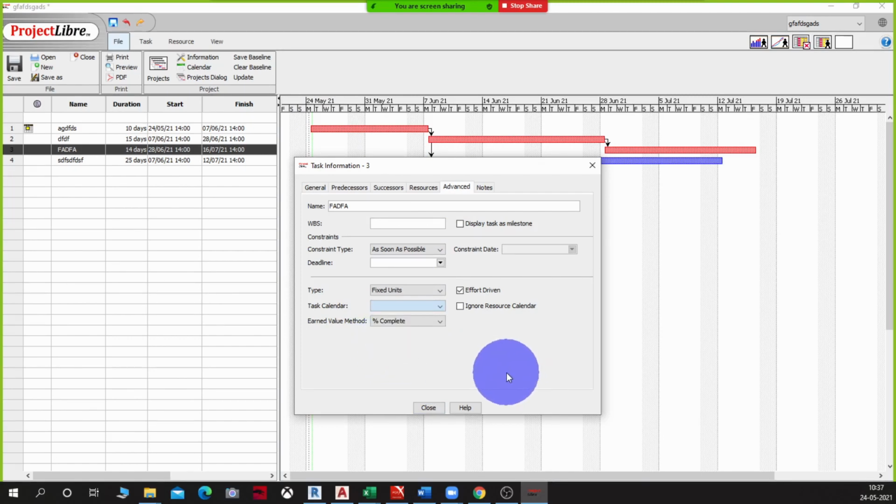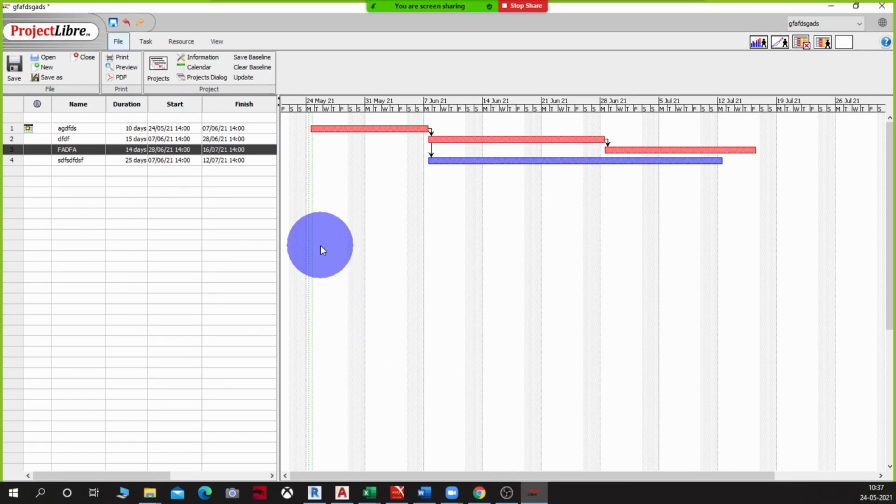Sir, I have a doubt here. Like custom calendar is not showing here, sir. Like in task calendar, when we want to assign directly. Okay. So there can be two possible reasons. One is it's taking time to fetch the data.